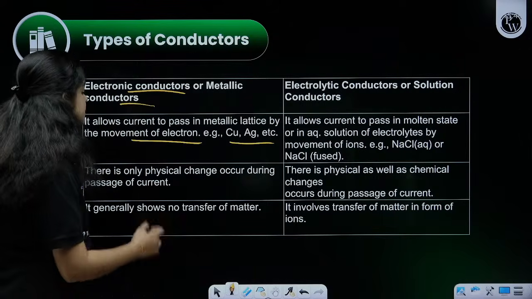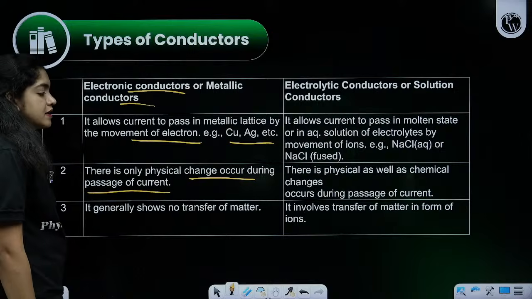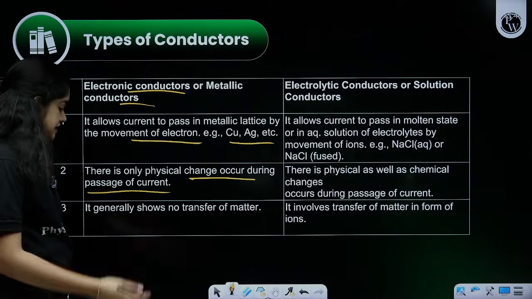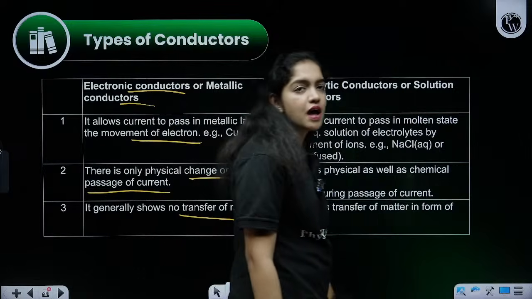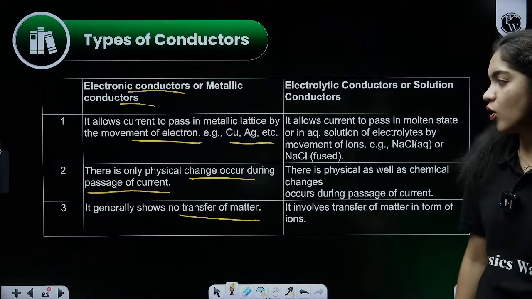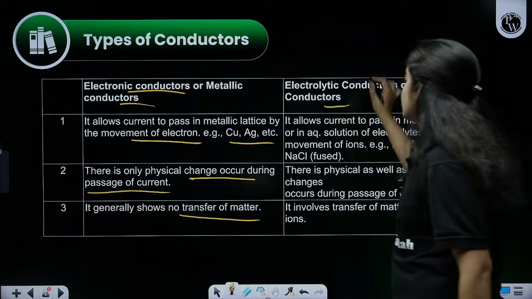Then next one, there is only physical change occurring by the passing of current, and it generally shows non-transfer of matter. Matter is not transferred in the metallic conductor, only the heat or the electricity is transferred. Then in the case of solution conductors, or we can write